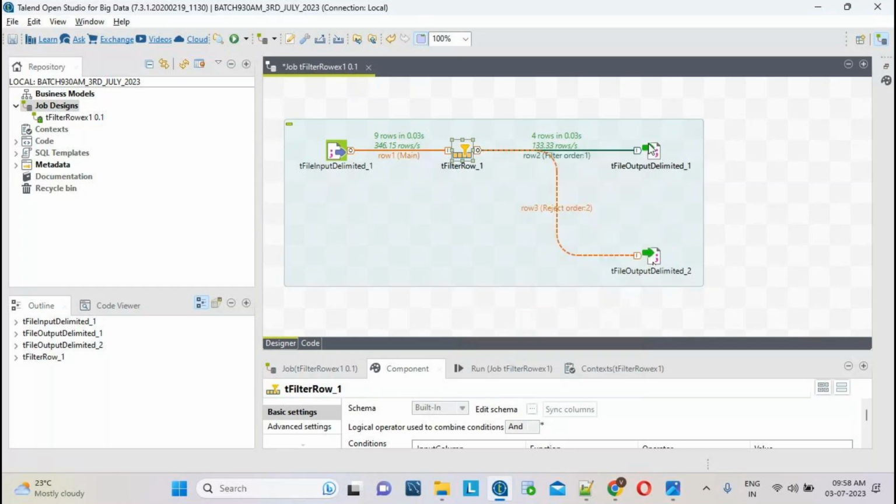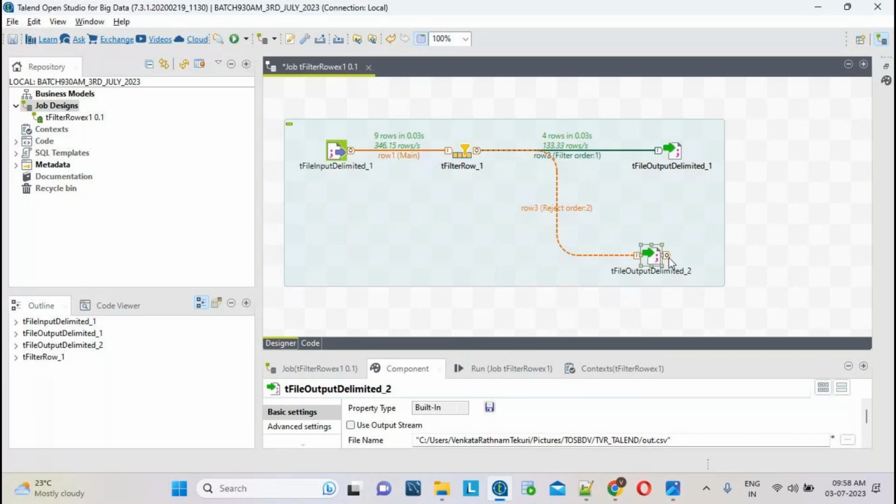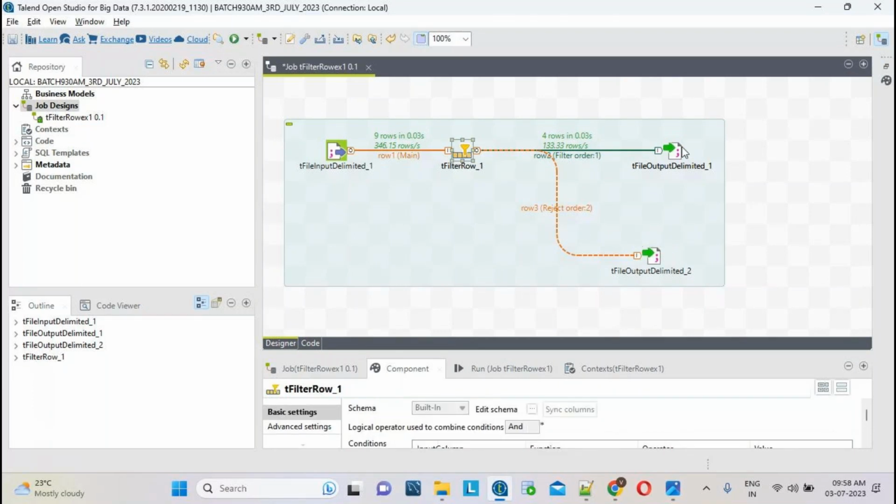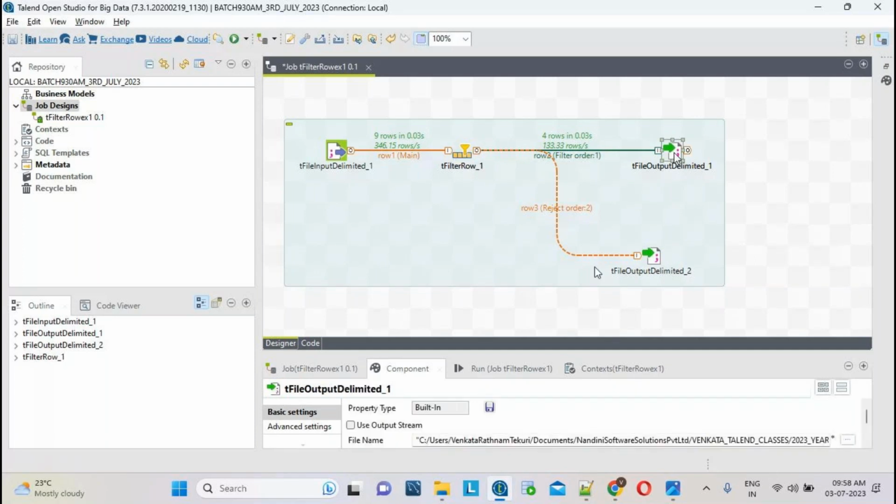Now they will ask one interview question, guys. From the tFilterRow, you are taking the two outputs. How will I identify which is the main output and which is the rejected link? Can somebody tell me?